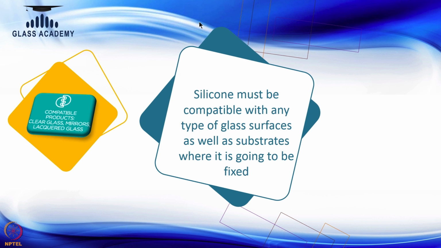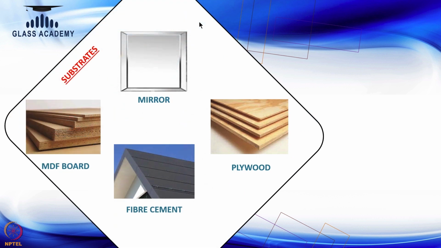Apart from the material where it is going to be used, there is a substrate compatibility. When I say substrate, I mean the surface where we are going to fix the glass. You can see here, first, as I discussed, the mirror, which is an object where the glass fixing solution needs to be applied. Second, plywood, which is basically a substrate. So, when you are selecting a silicone, it must be compatible with plywood as well as fiber cement as well as MDF board, because the substrate varies from customer to customer, project to project. Few people will use plywood, few people will use MDF board, few people will use raw wall, I mean the fiber cement thing. So, whatever fixing accessories come into the picture must be compatible with all kinds of substrate.